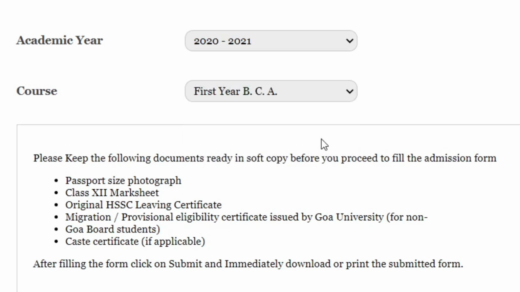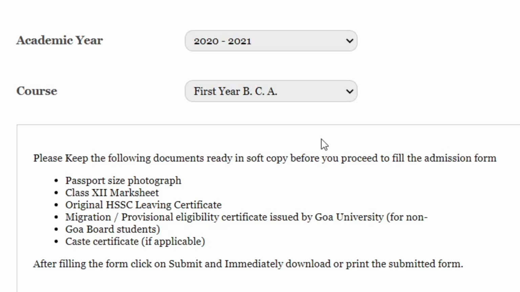You are required to keep the following documents ready in soft copy to fill up the admission form. Please note that each document must be less than 5 MB in size. You are required to upload a passport size photograph. Also, please ensure that the name on the photograph is as per your name on the 12th mark sheet.